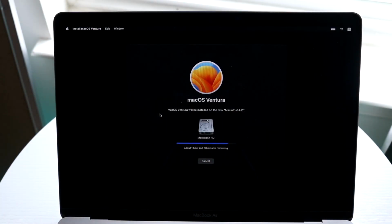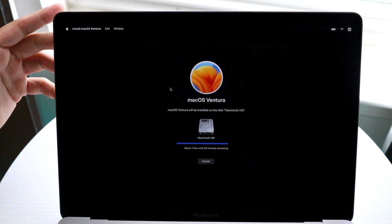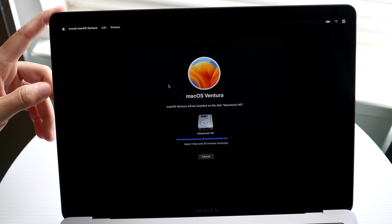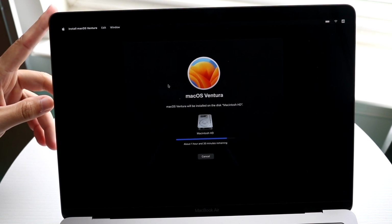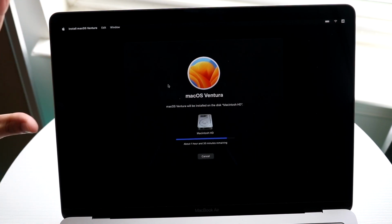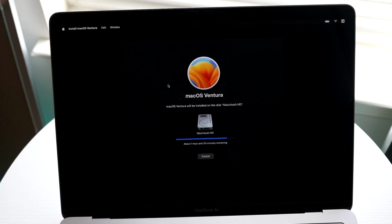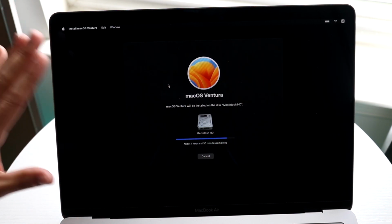Well, everyone, it actually ended up happening again. One of my devices, after installing a beta, almost completely bricked, and I would recommend everyone not install another beta on your device. For those of you who don't know why it's saying macOS Ventura, not macOS Sonoma, basically, last night I went ahead and installed macOS Sonoma on the